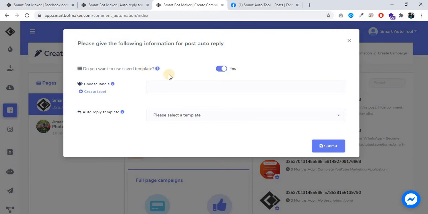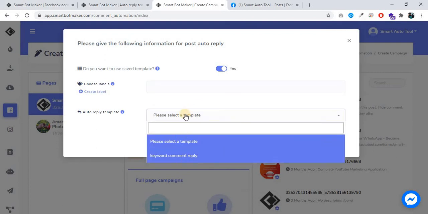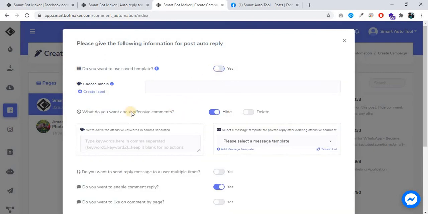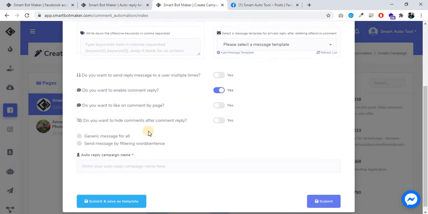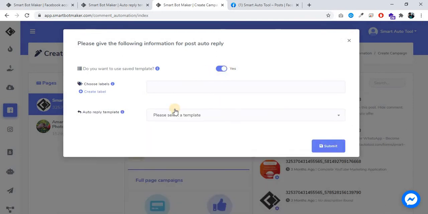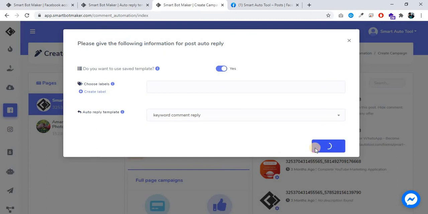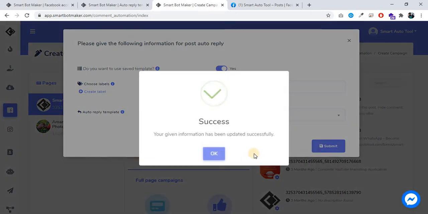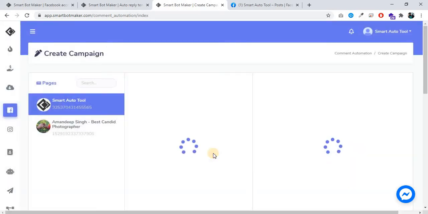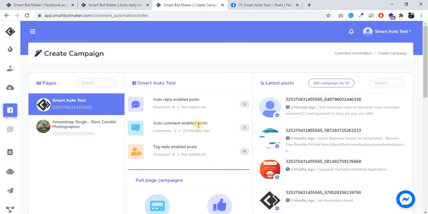If you click on yes, then choose from auto reply template. If you click on no, then you can create a template right from here. We already created one, so we select the keyword comment reply, click on submit, click OK. So here you can see auto reply enabled on the post.